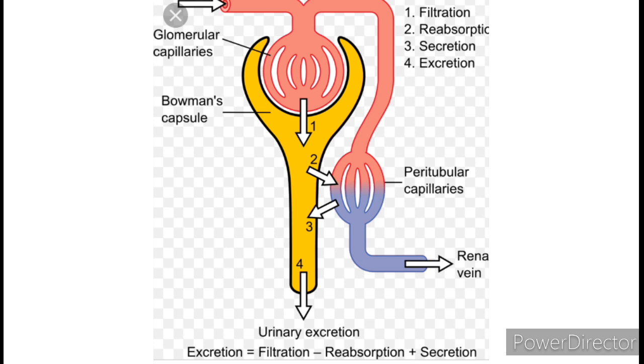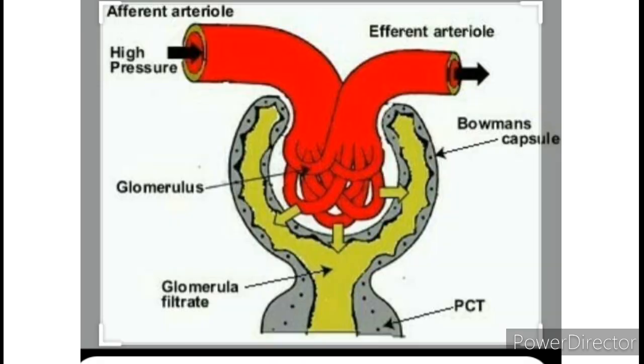Already the renal capillaries are innervated inside the Bowman's capsule. The wall of the Bowman's capsule is innervated by the renal capillaries, and there also blood is flowing, but there won't be much blood pressure in those renal capillaries, because the blood capillaries here are not loaded with impurities. But the blood that is entering into the glomerulus through the efferent arterioles contains so many impurities, so high blood pressure prevails in the glomerulus. Because of the difference in hydrostatic pressure between the glomerulus and the renal capillaries, the filtration starts.